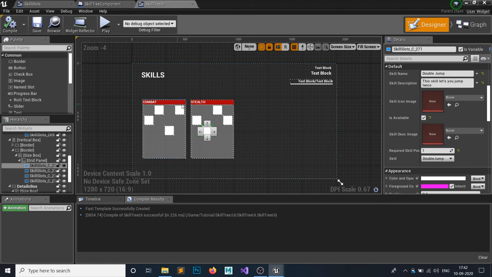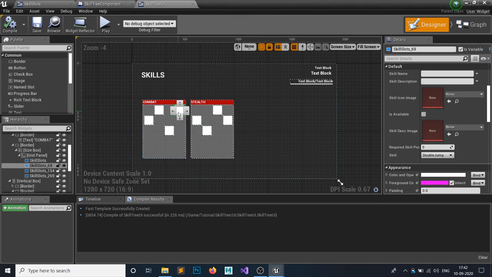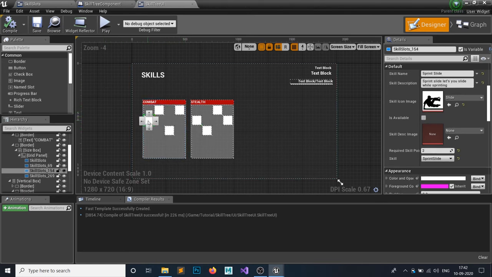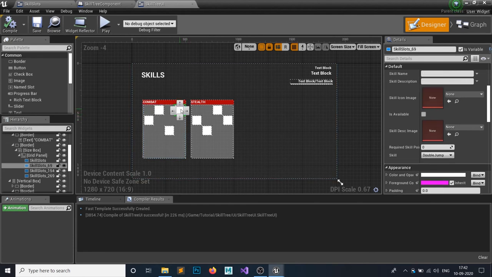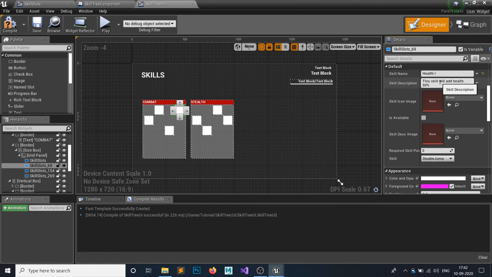And how are we gonna do that? So let's say we want to add a new skill. So this is our sprint slide, and I want to set it to something like health. So health 1, and this skill will add 50% of additional health.